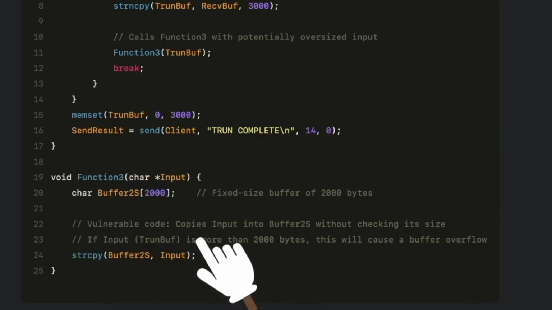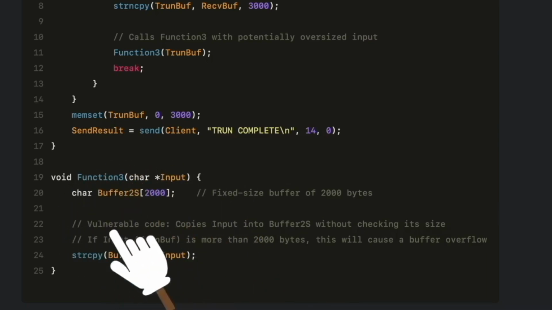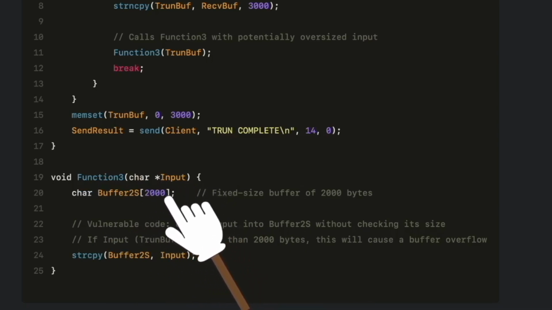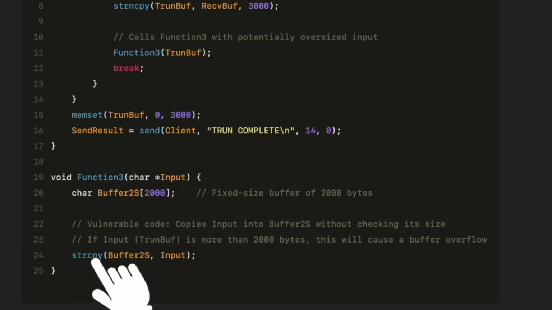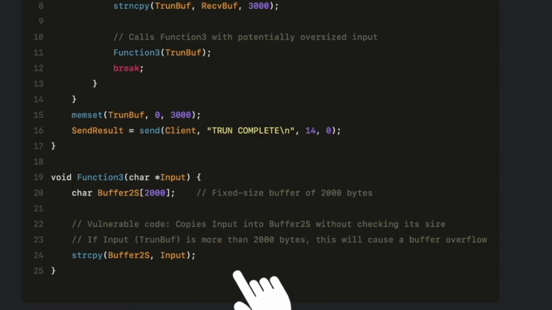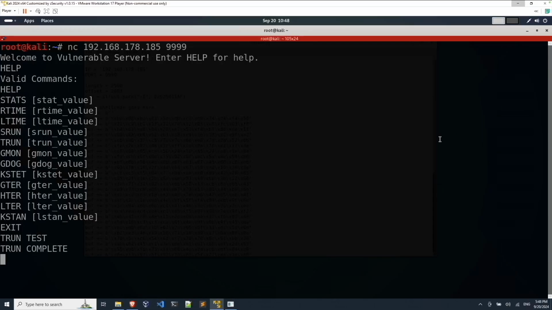So there should have been something inside function 3 that would check the size of the input, and if that was larger than 2000 characters, it wouldn't have gone inside the string copy command. And this is where the vulnerability gets introduced. So we know now that the input that exceeds 2000 bytes will cause an overflow, but in a real-life example,